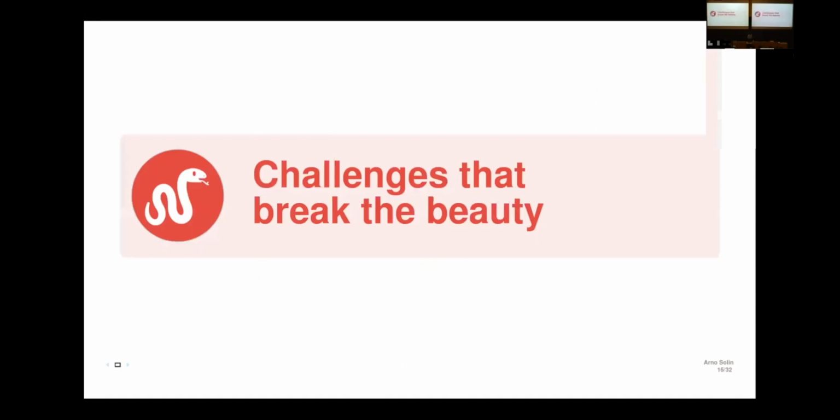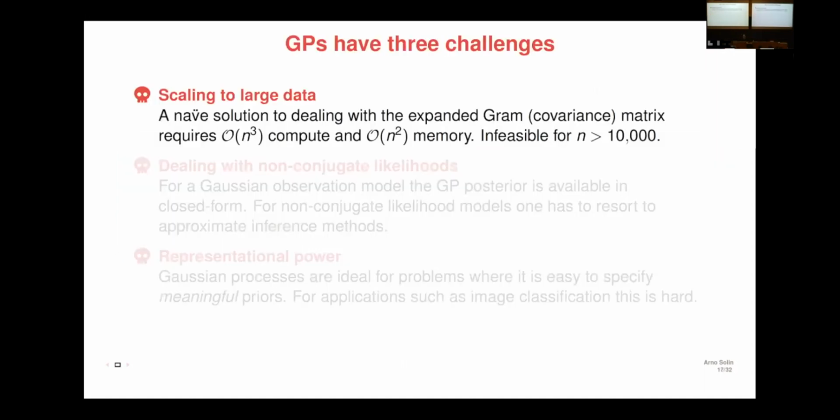Great. Okay, that was a very quick and shallow introduction to GPs with a twist towards GP regression. GPs are actually quite beautiful objects, and the examples were super simple, but you can do a lot with GPs. But there are challenges, and typically